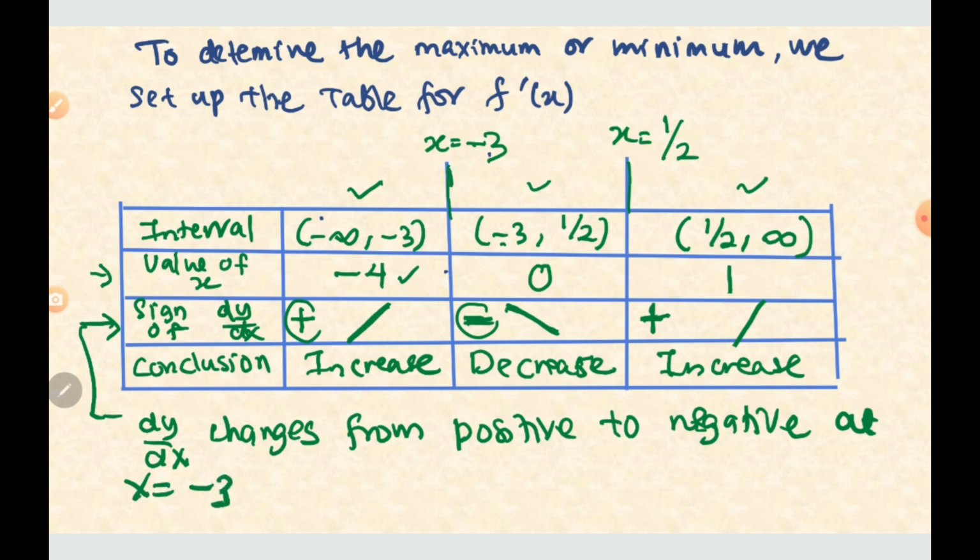At x equals -3, which is this line, the value for dy dx changes from positive to negative, means,